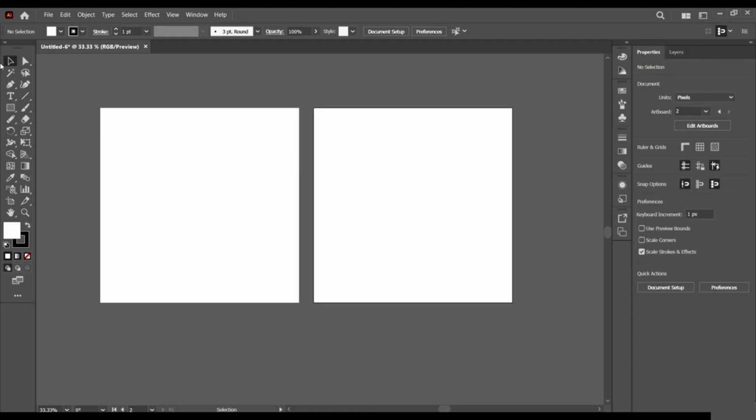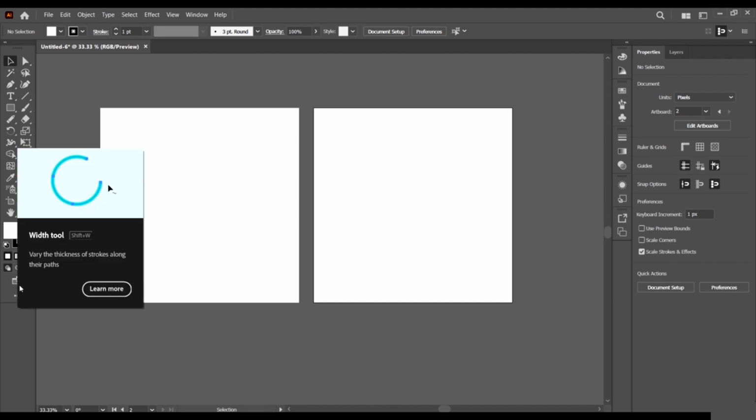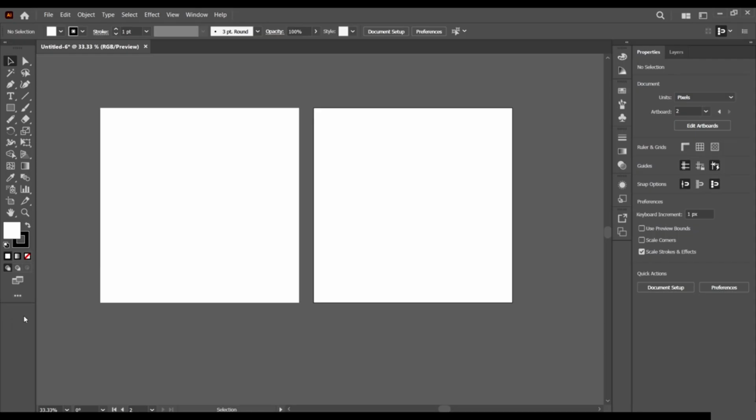So let's come to tools. On your left-hand side, of course, we have the tools in Adobe Illustrator. There are a lot of tools in Adobe Illustrator, and we looked at a lot of them in the beginner course. And of course, if you have some experience with Adobe Illustrator, you definitely have used a number of tools, so I'm very sure you know what tools are. Tools are used to do things.